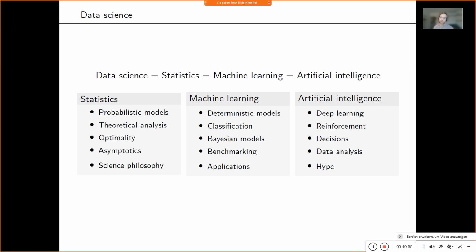Of course, you have some form of decisions also in statistics, if you think about hypothesis tests, or classification and decision functions in machine learning. But in the end, this is fairly low level, and in AI, if you're dealing with Markov decision processes and explicit reward structures and so on, then the decision component is much more prominent. And then you also know that the AI term is fairly fuzzy.